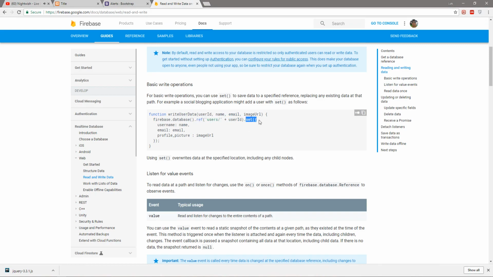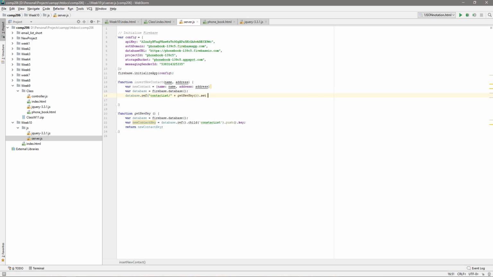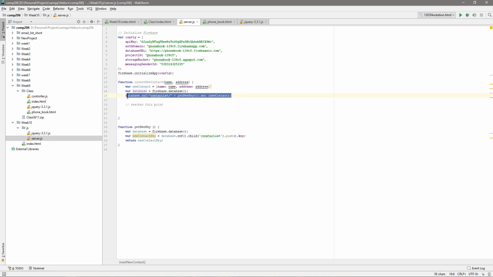Now, what else is the documentation saying? I have to set, and what I'm going to set is my object new contact. That's pretty much it. And if it reaches this point, that means everything went well. So I'm going to, after inserting this value,